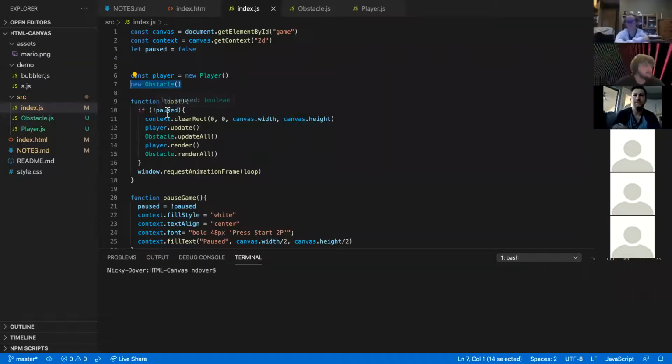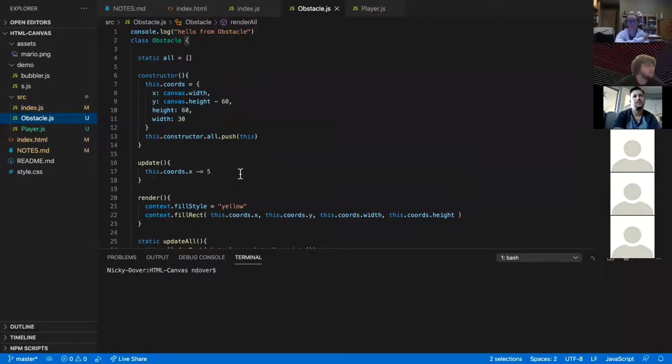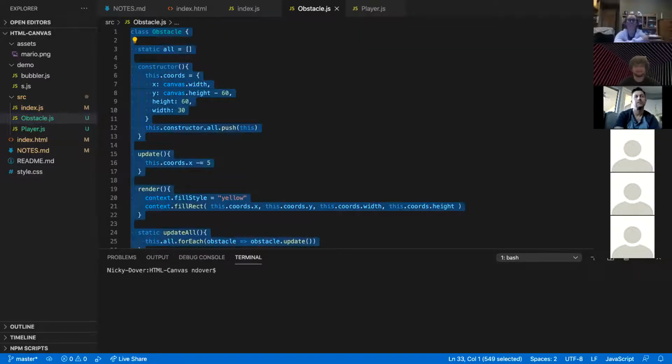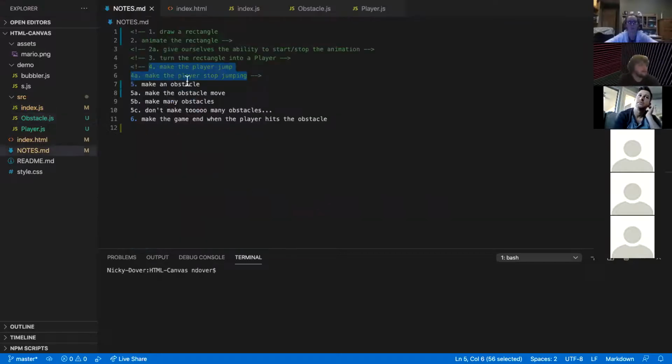We did some cool things and some weird things with static methods. So what's the most confusing part of what we just did? Awesome. Well, in that case, we've got make an obstacle, make the obstacles move, make